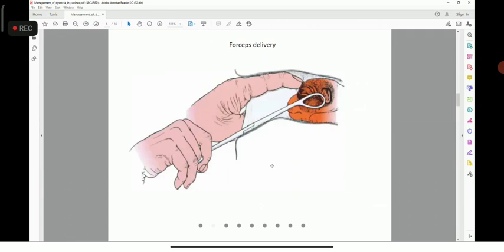you can use forceps like this. As I told you, there is much limitation to the forceps. You can use Vectis. You can put your finger downside, and then you can put the Vectis on this region, the head region, right? You can apply force, or you can fix the fetus by putting pressure through one finger, and then you can apply the Vectis and try a little bit. Okay.